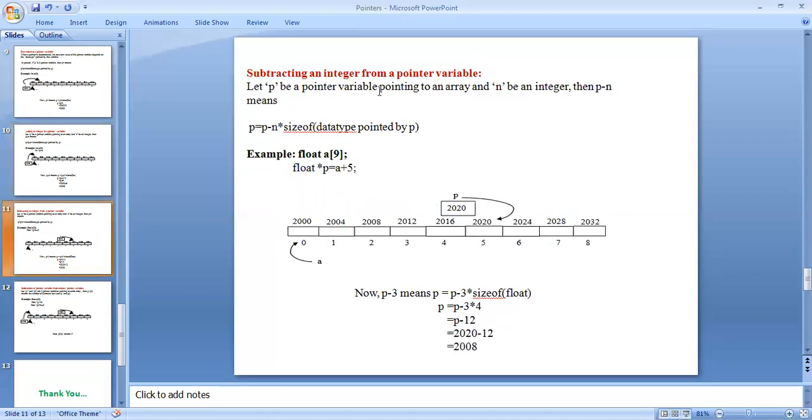Subtracting an integer from a pointer variable. Let P be a pointer variable pointing to an array and n be an integer.